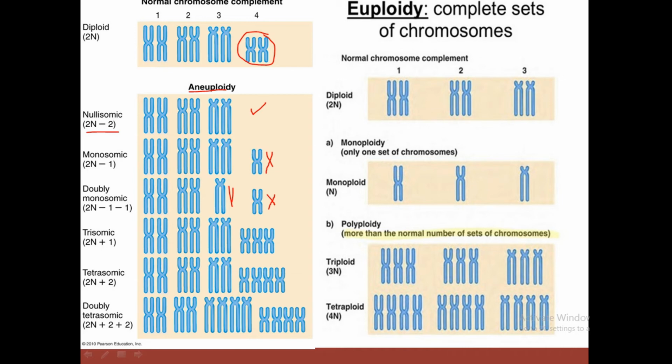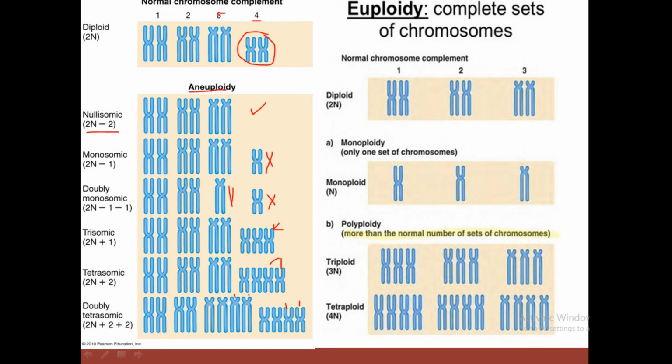In trisomy there is one extra, this one is extra. So this is the trisomic condition. In tetrasomic there are two extra chromosomes, this and this. In double tetrasomic there are two extra chromosomes in two different pairs. We have assumed that it is chromosome number 3 and chromosome number 4. So here is the addition of two different chromosomes in chromosomes number 3 and 4. So this is double tetrasomic.